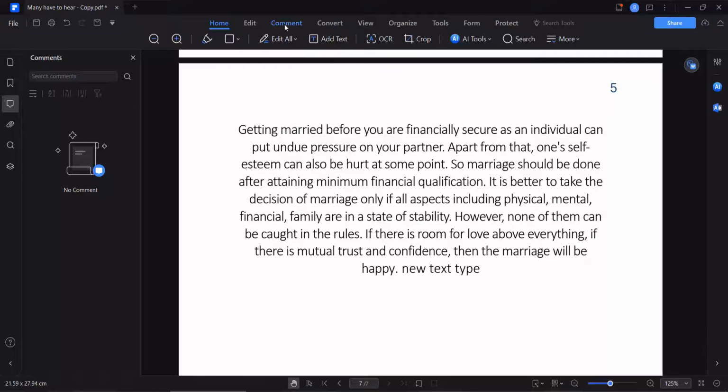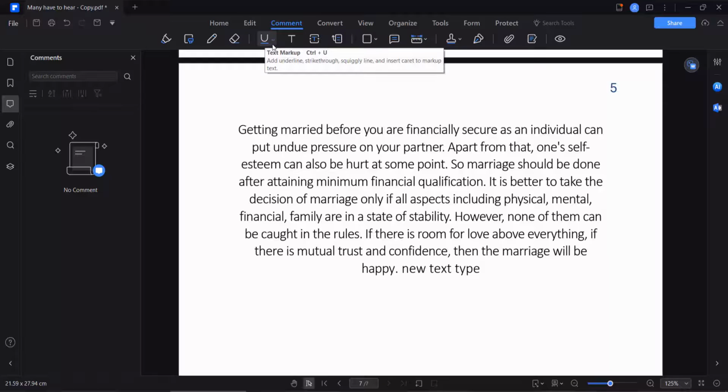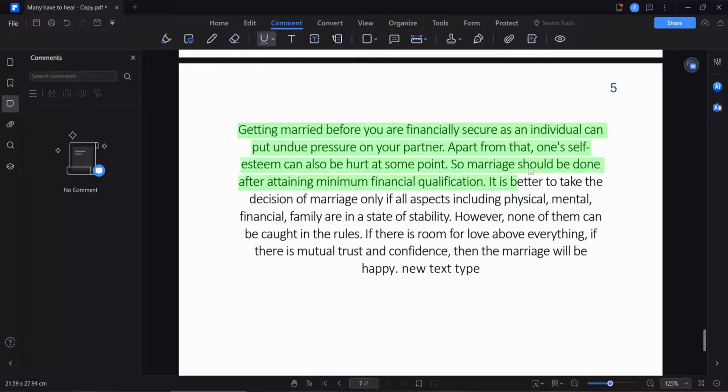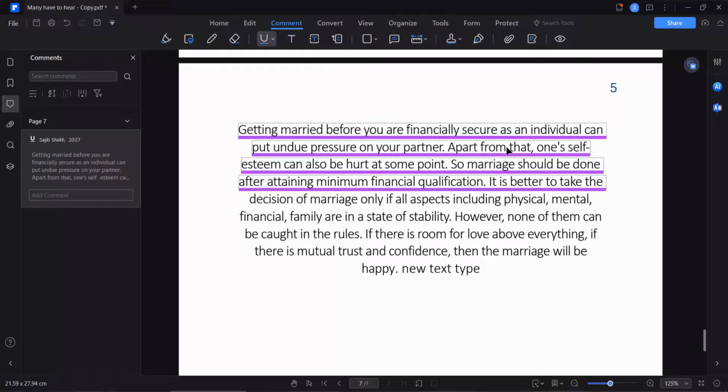Now click on this Comment option, and here you will find this Underline option. Click here and select Underline. Now drag your mouse cursor and select your text. With this underline now selected, on the right side at the top, you will find this Properties option. Select here